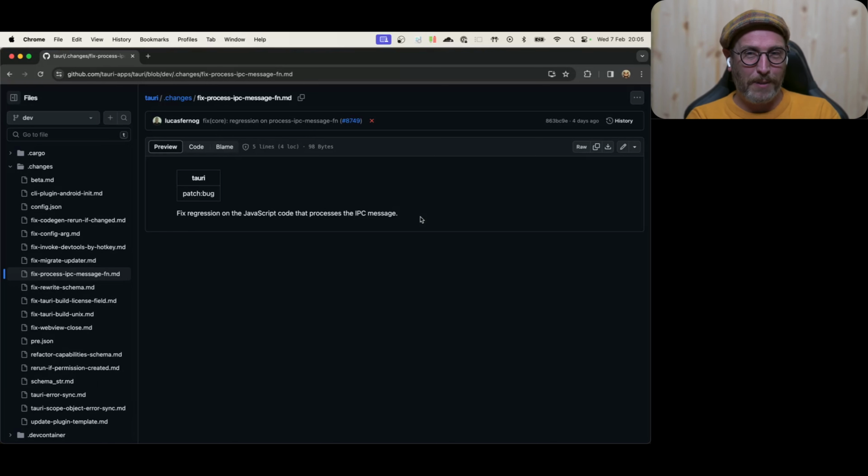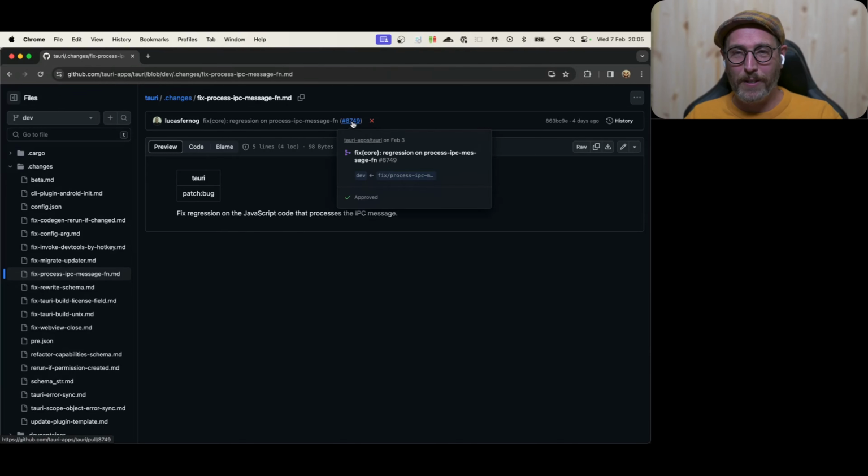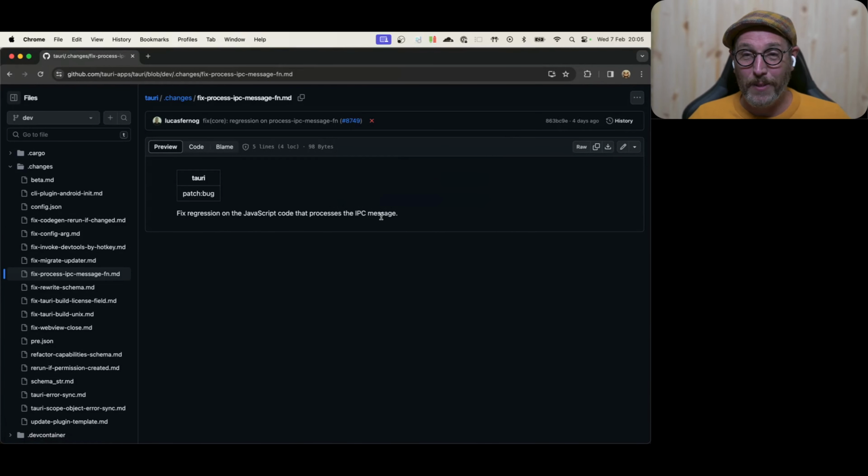But there's so many implications here, right? You're responsible for documenting your change. We know which pull request it was. We have the commit hash. We know who did it. That's all stuff you can get out of blame. But when you go to the Tauri project's website, so you go to Tauri app,